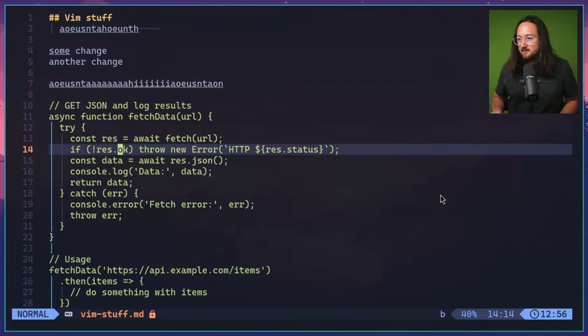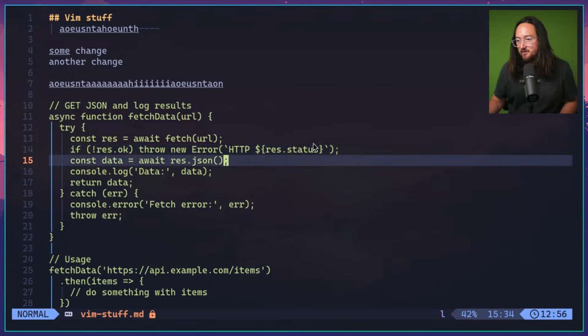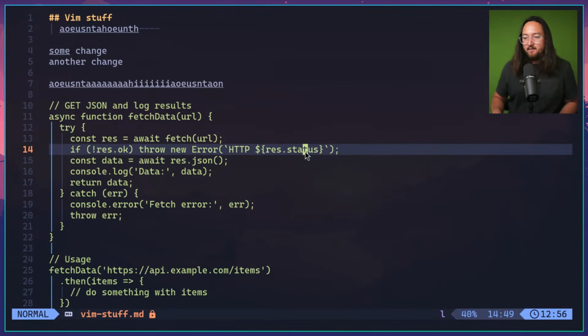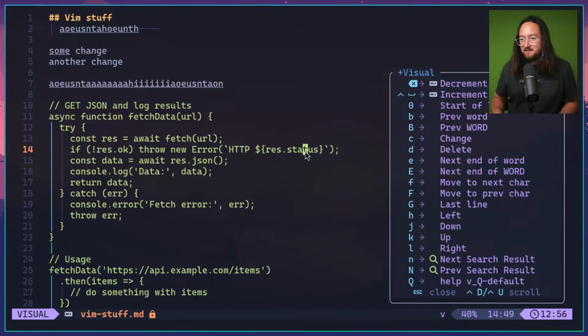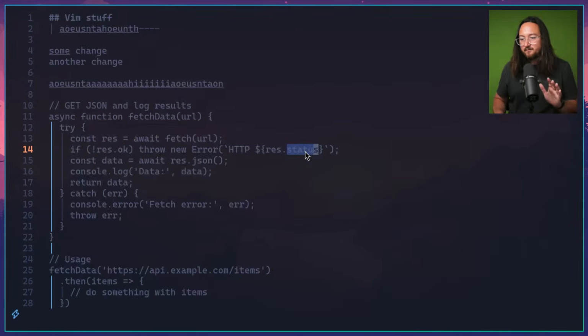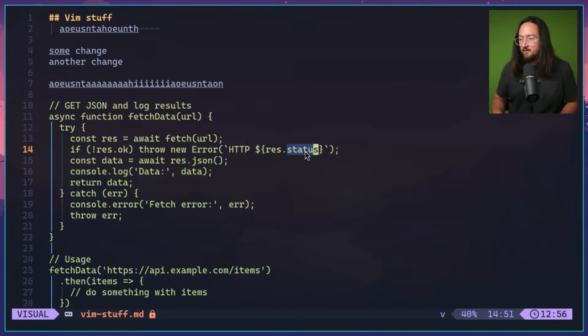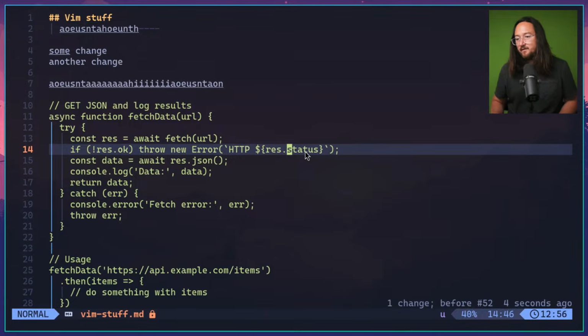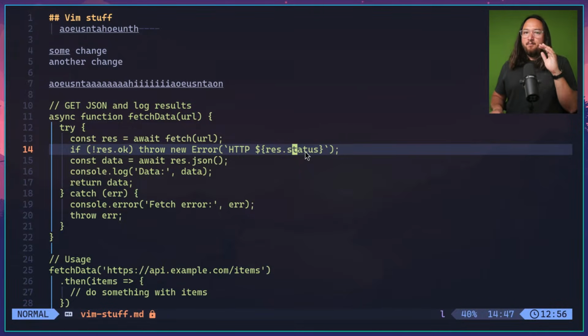Yeah, so let's say, obviously, if we put our cursor right here, we can visually select inside the current word and change it to something else, right? There are other types of selections that we can do, which